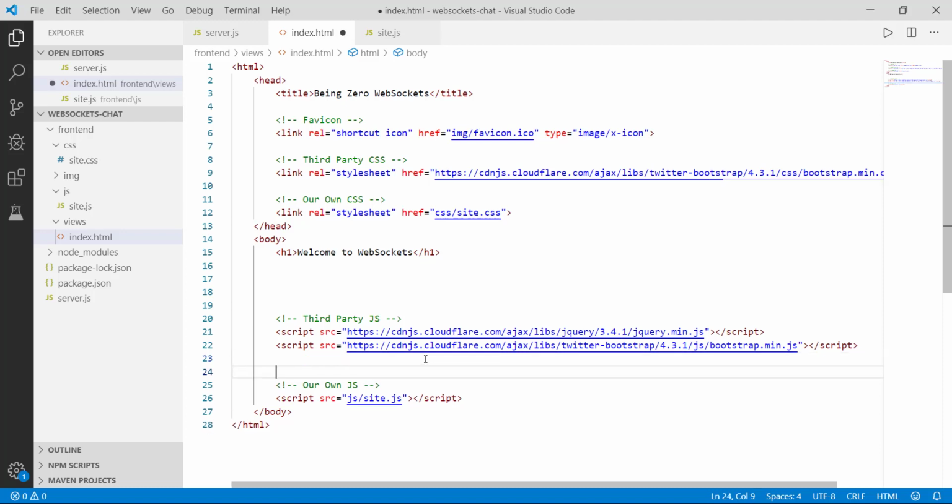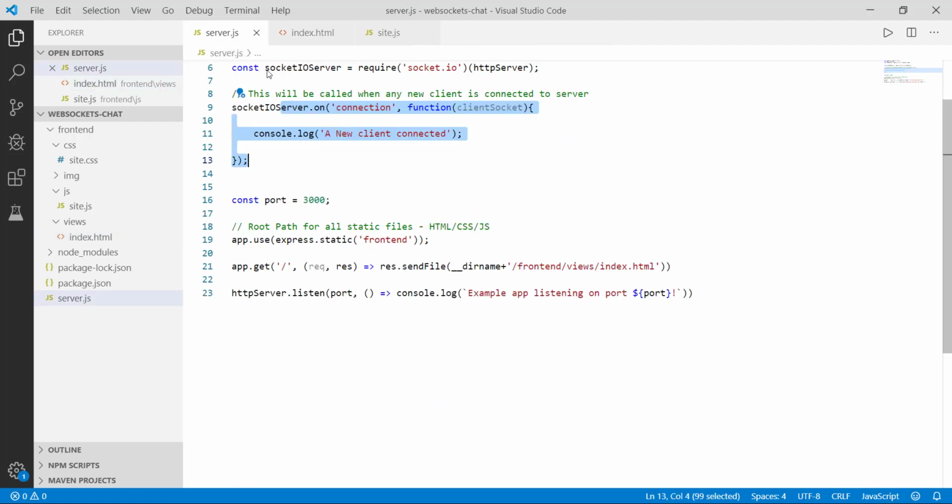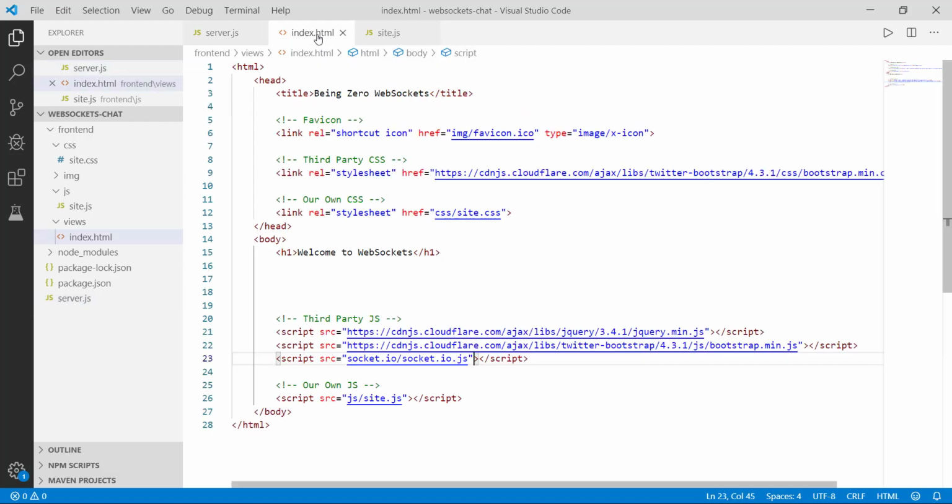First thing that we need to do in the client side is we need to get a client side library, which is the socket.io library. So I'll say script source, and I'll say socket.io, socket.io.js. Now this JS file will be served by the socket.io server. So the server that we have brought up is capable of sending that JS file back. So first, our client will request this file. Once this file is there, we can use the functions or objects in this file to connect to the socket.io